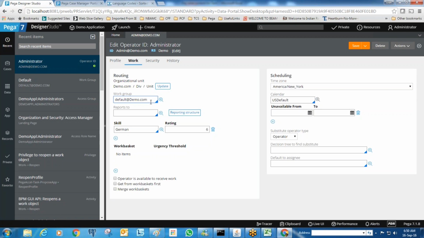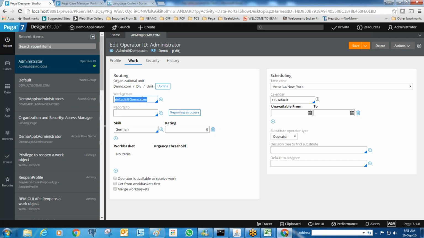How can the system know who your manager is? Conceptually we know it: this is my manager. But how can the system know it? The system knows the manager details by using the work group. During routing and reporting processes, the system will use these records. That is why we are configuring it here.